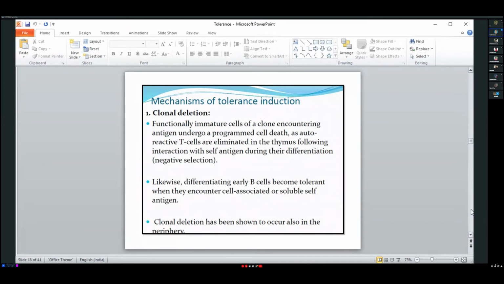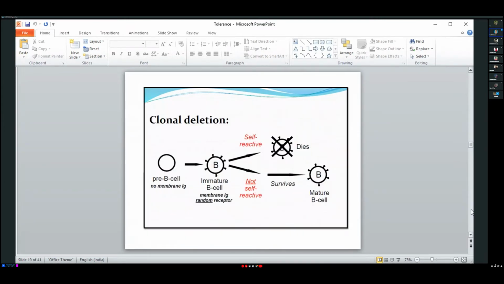করছে তাদেরকে অ্যাপোপ্টোসিস করে, প্রোগ্রামড সেল ডেথ করে মেরে দেওয়া। সো বুঝতেই পারছো, এই ছবিটা লক্ষ্য করো প্রত্যেকে, এটা হচ্ছে একটা প্রিলিমিনারি বি সেল, ইম্যাচিওর। সেখান থেকে যে সেলগুলো সেলফ রিঅ্যাক্টিভ হয় সেই সেলগুলোকে অ্যাপোপ্টোসিস করে মেরে দেওয়া হয়। আর যে সেলগুলো নন রিঅ্যাক্টিভ হয় সেগুলো সার্ভাইভ করে, সেগুলো ম্যাচিওর টি সেলের দিকে, বি সেলের দিকে